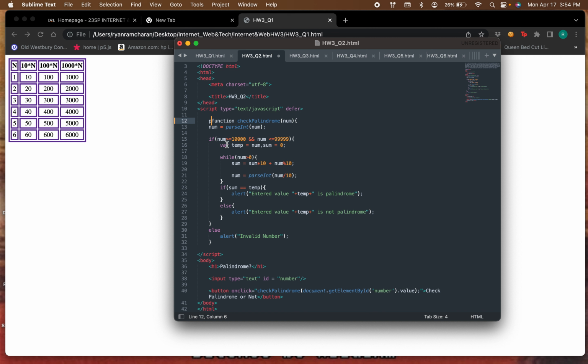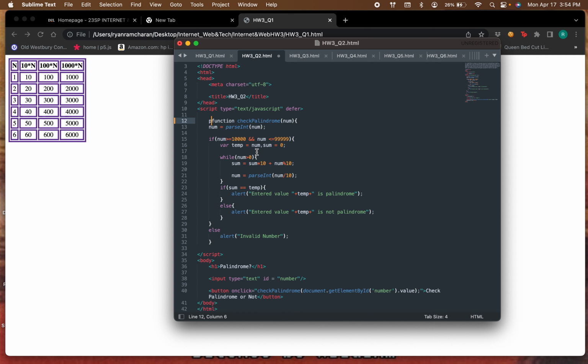So if num is greater than or equal to 10,000, and if the num is less than or equal to 99,999,